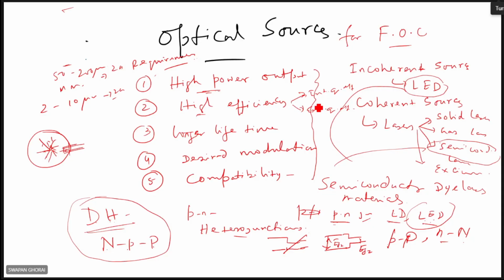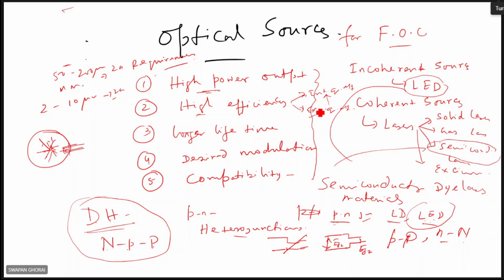Consisted of these two, overall efficiency. Internal quantum efficiency is related to semiconductors, where electron-hole pairs will be considered. In fact, if you see an LED, light is emitted because of recombination of charge carriers. So when the carriers are recombined, then only light is emitted. That recombination is related to internal quantum efficiency, and external quantum efficiency is related to how